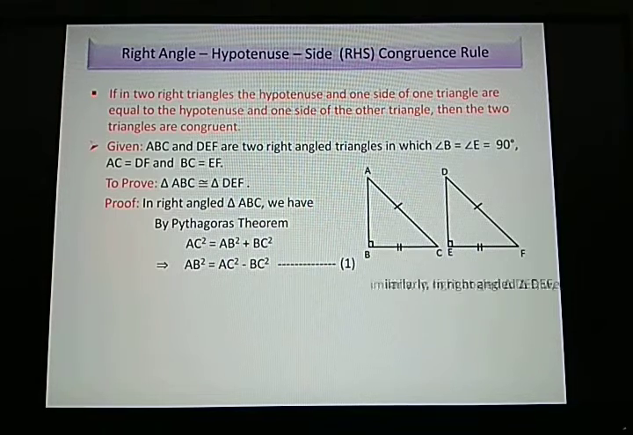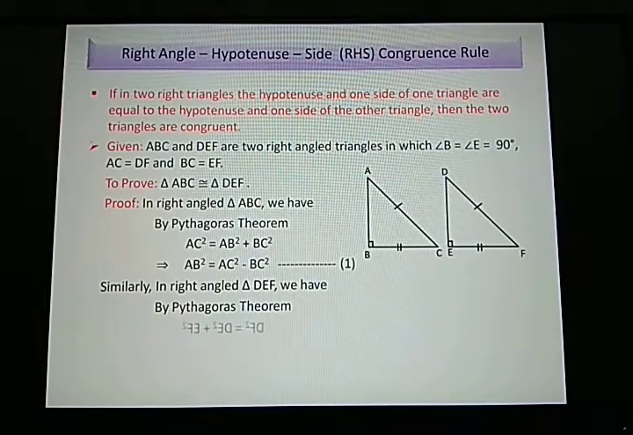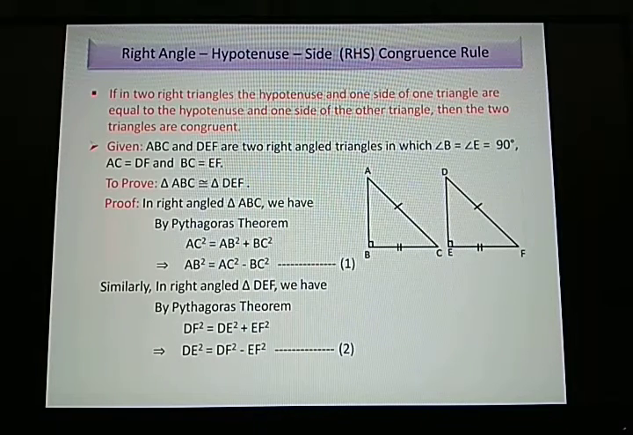Similarly, in the right angle triangle DEF also, by the Pythagoras theorem, we can write that DF square equals DE square plus EF square, which can also be modified as DE square equals DF square minus EF square. So that will be equation 2. Now